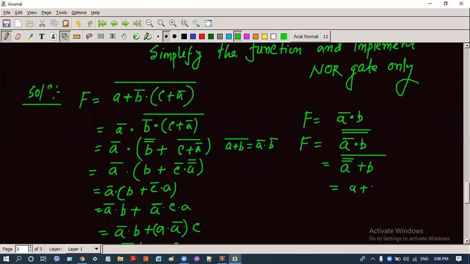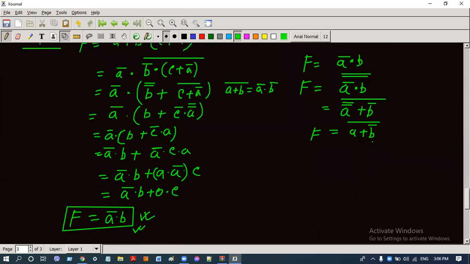So a plus b complement whole complement. Wait, that is, (a plus b complement) whole complement. This is our final function which will be implemented by the NOR circuit, because we know that the NOR gate adds the inputs and complements the addition form. So we have to modify the dot sign into plus sign so that we can easily implement these functions by NOR gate only.